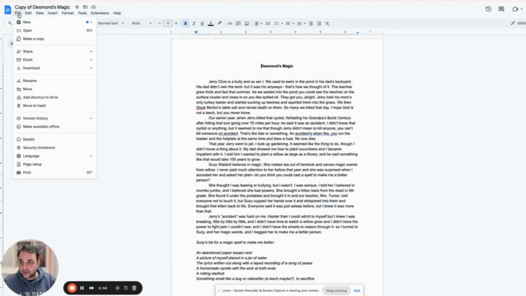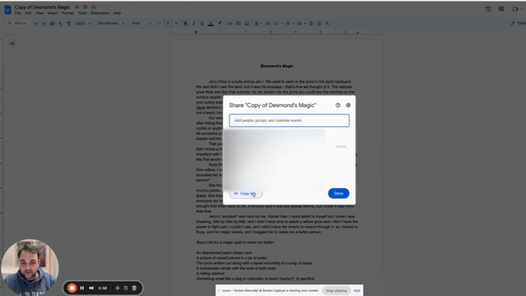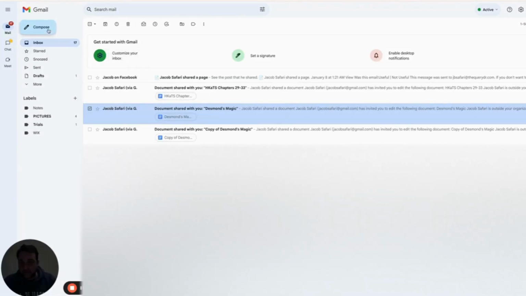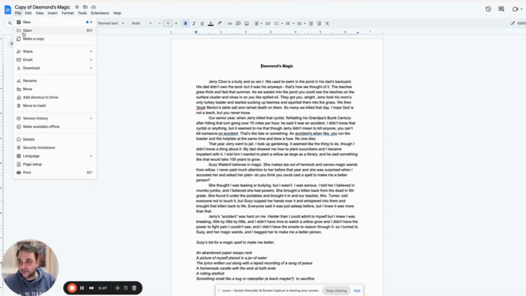The other method to share, okay, File, Share, Share with Others, all right, is to copy a link, all right? So you want to copy the link here, and then basically you just email someone that link, all right? And they will get the link, they'll click on it, and it will take them right to the pages. One other thing I wanted to show you, it wasn't coming up because I was emailing myself, is when you share with people,